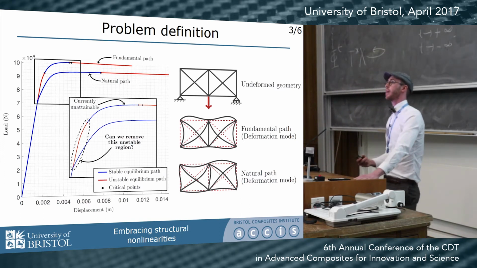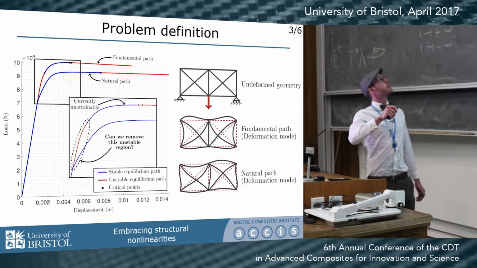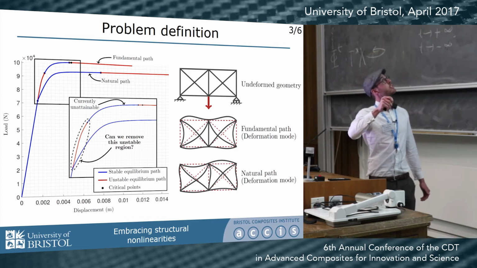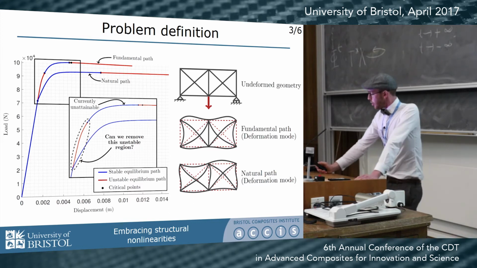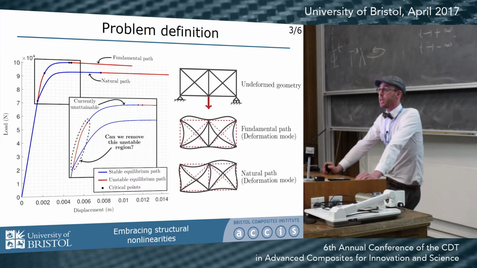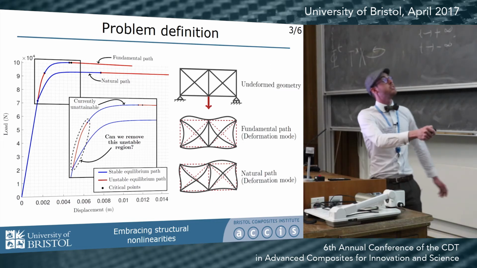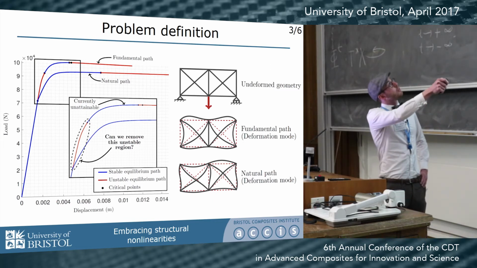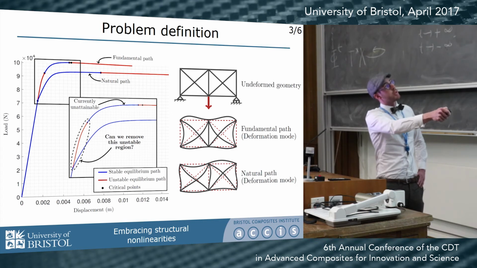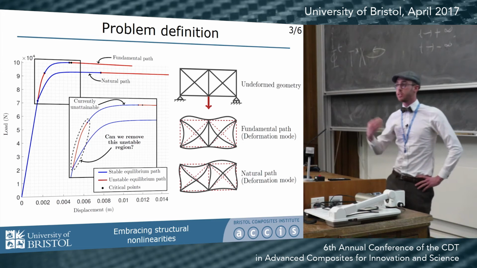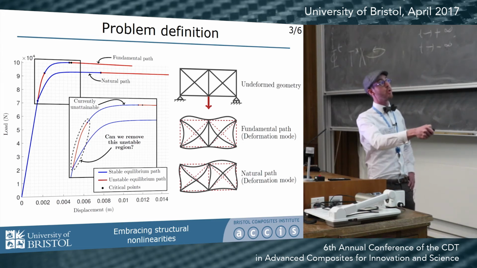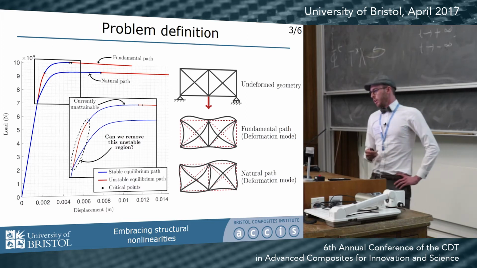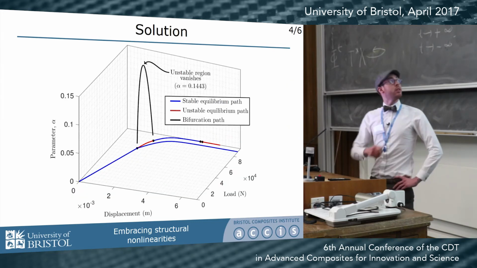But that being said, there is this stable region at the top, which is therefore not being exploited. How can we actually close that gap? How can we travel up this line from this point here and travel up to this point instead? Well, looking at these mode shapes on the right-hand side, these deformation shapes, for the fundamental path, we have this shape. It's a symmetric shape. And for this natural path, or I say natural because this is the path that the structure will naturally follow, we have a symmetry-breaking shape. So we need to close this region here,